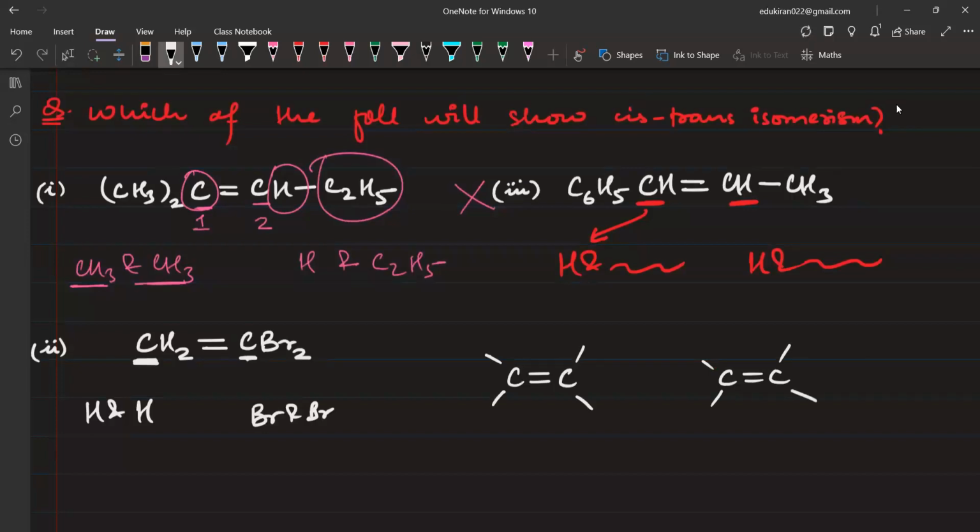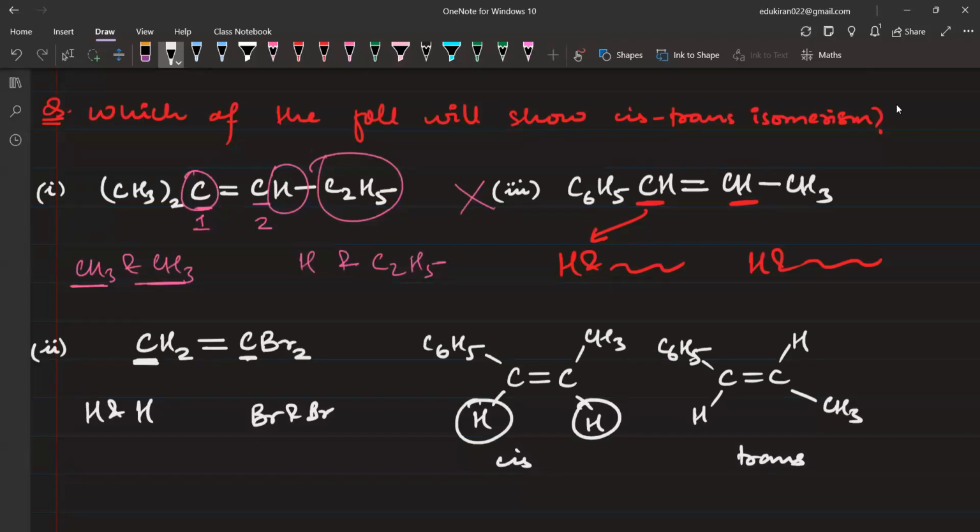पहले आप सिस बनाना चाहते हैं तो सी व्हाट इज द आइडेंटिकल ग्रुप, यहाँ पे आइडेंटिकल हाइड्रोजन है, तो हाइड्रोजन को आपने एक साइड कर लिया। इस कार्बन पे था C6H5, उसको ऐसे लिख दिया। इस कार्बन पे था CH3, उसको ऐसे लिख दिया। सो अब कौन सा करना है आपको, हाइड्रोजन को करना, तो हाइड्रोजन को ट्रांस कर दिया। दिस इज हैविंग C6H5 एंड दिस इज हैविंग CH3। So this is the cis isomer and this is the trans isomer। ठीक है, सेम ग्रुप ऑन सेम साइड, सेम ग्रुप ऑन अपोजिट साइड।